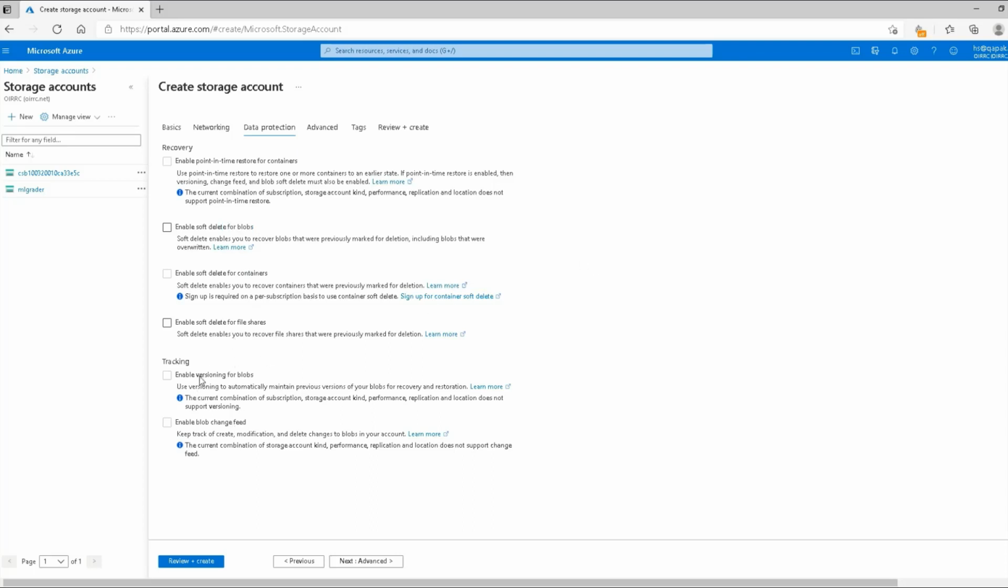And then the tracking for blobs, which is basically the subscription, the storage account, this kind of information. If you enable it, you will be able to view this kind of information. But for me, I won't be using it. And then we have enable blob change feed. Okay, keep track of create, modification, delete, change blobs in your account. So we don't need to really track these changes for the lab, so I don't need to select any option from this blade. I'll just go to the advanced settings,